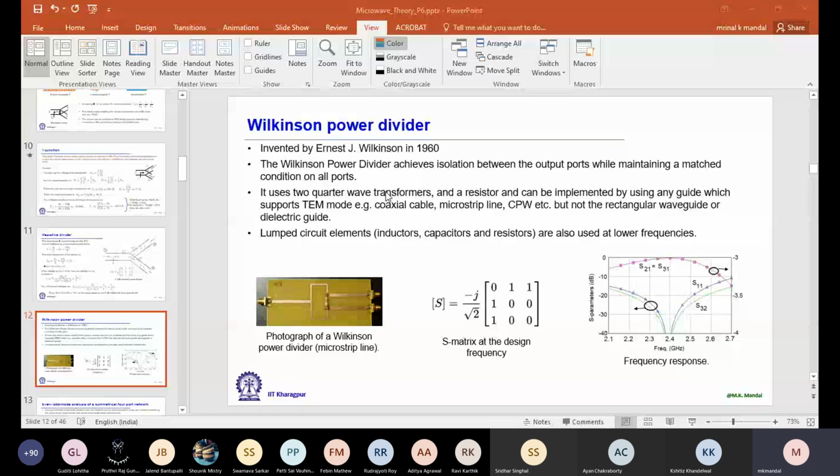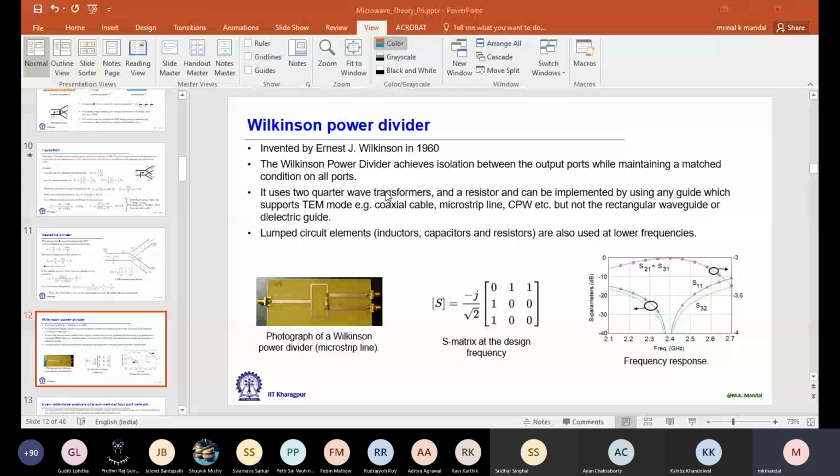So what he did, if you look carefully, this is a fabricated example in microstrip line technology. So it looks like a T junction almost, but at the output side, one resistor is used. Here it looks like a resistor from a basic electronics lab. Anyway, it should be in SMD form, so it may not be a good solution how it is shown in this figure.